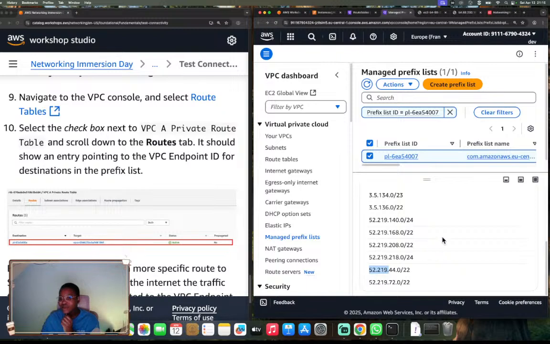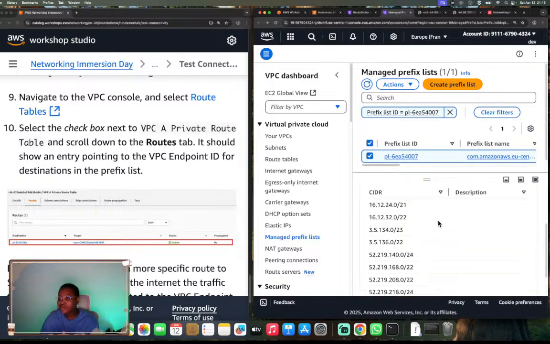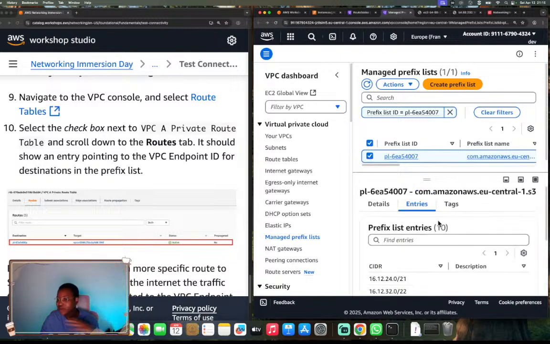This is a list of IP address blocks that belong to AWS. I don't need to know where this resolves to, but you can see this is labeled as S3 in EU Central 1. In your VPC environment, if you come here and check manage prefix lists, you will